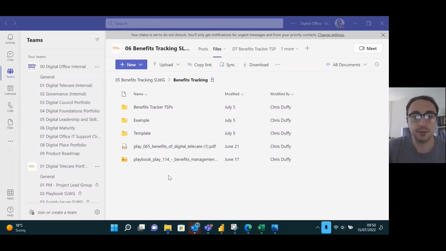Hi everyone, I'm going to take you through the benefits tracker that I've created based on the playbook document Play 114 Benefits Management that was released last October. And this is a basic tracker that will allow you to track your benefits through your analog to digital telecare